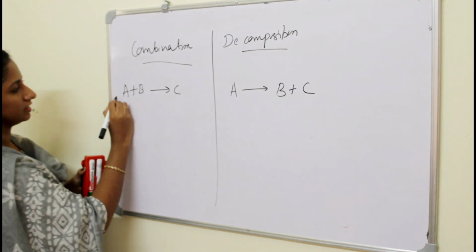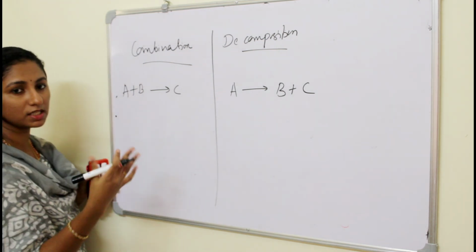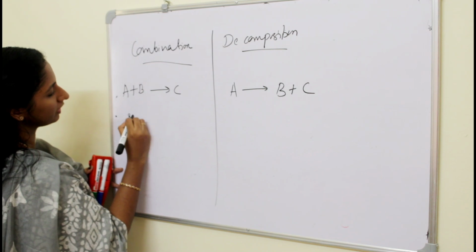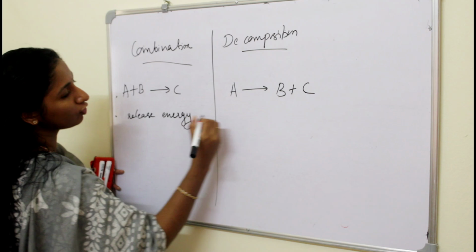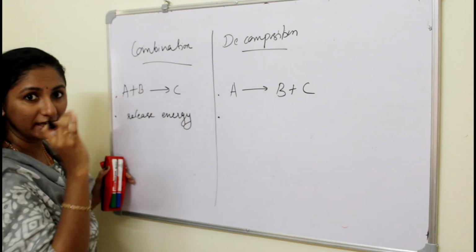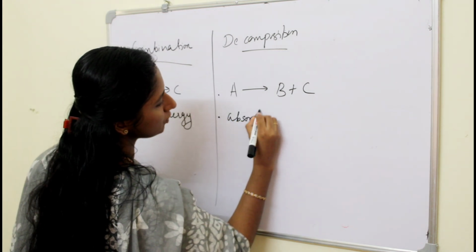Okay. And next one. During this combination reaction, in most cases, we will release energy. Okay. In case of decomposition reaction, in most cases, that means for the decomposition process, absorption of energy